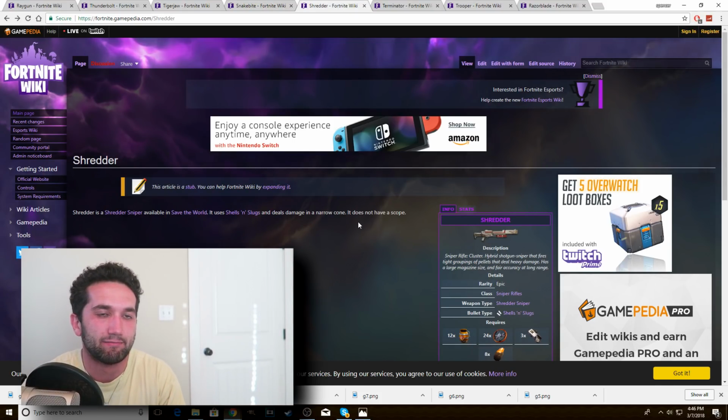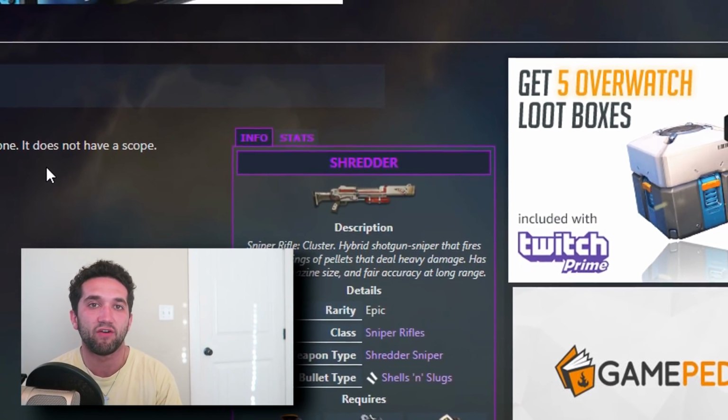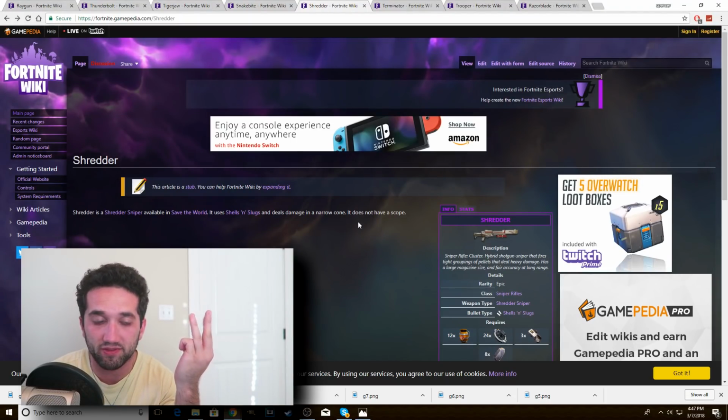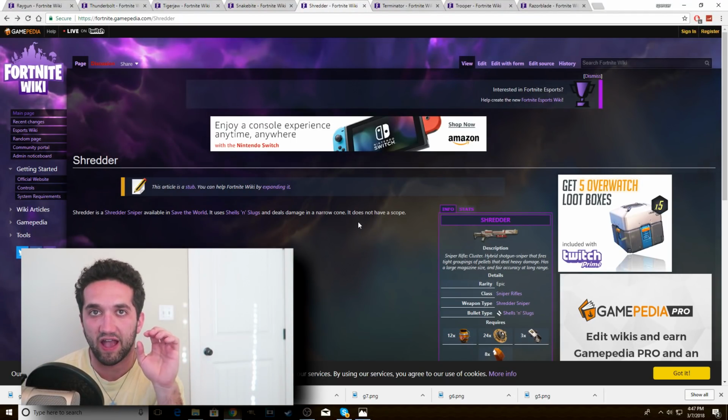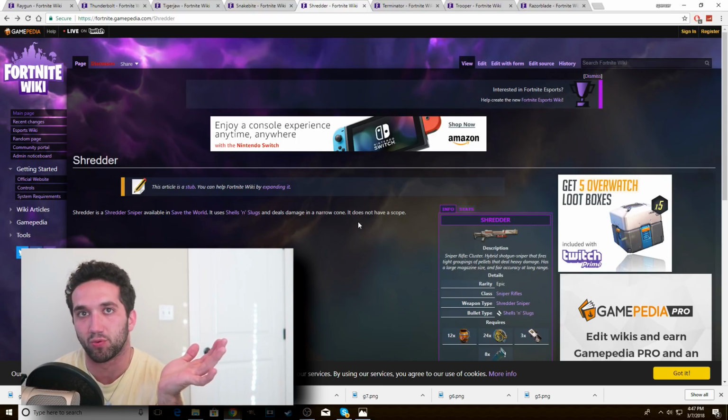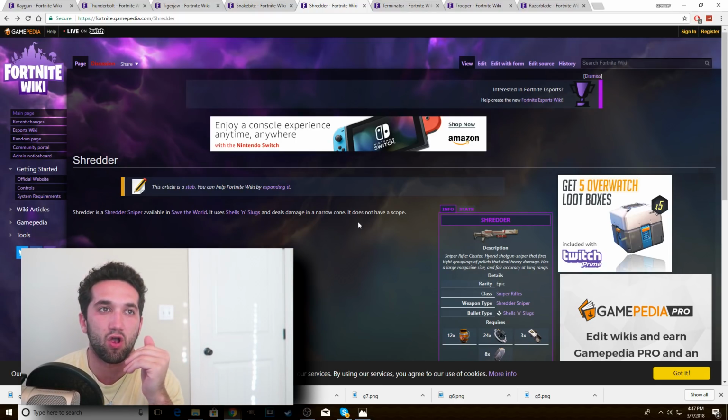This one's a new sniper. We currently have a bolt action, we have a semi, we have a non-scoped one. Why not create one that does tight pairings of groups? What this Shredder does, and it doesn't look super realistic, like I said,